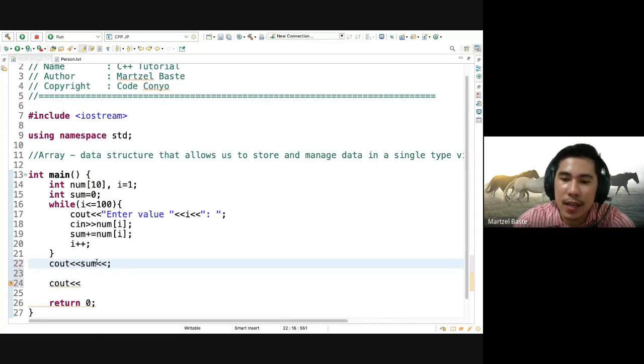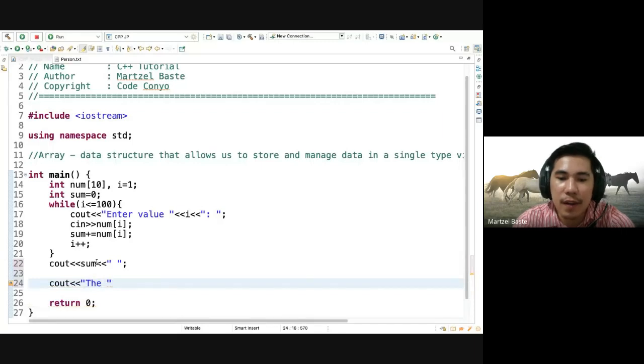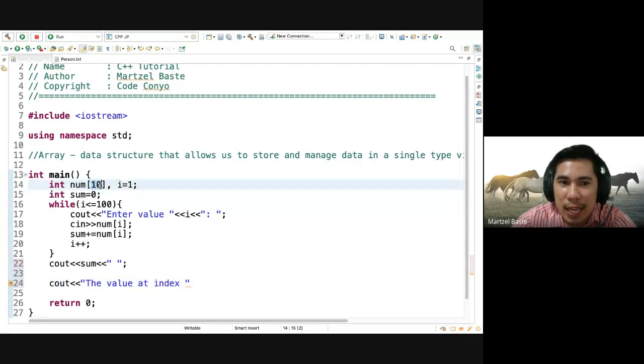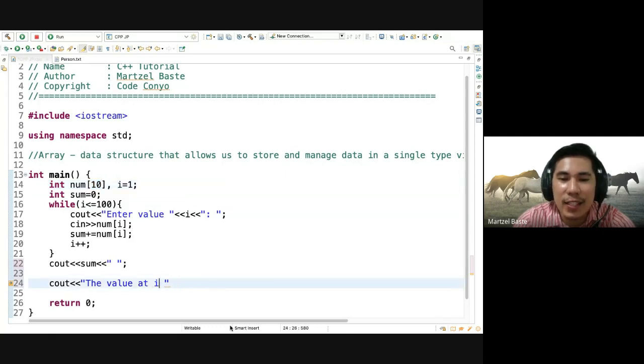Let's say the value at an index. Okay, so you don't have the idea of index yet. The index, by the way, goes from 0 to 9 here. Later on I will discuss that with you, don't you worry. So let's say, for an instance, not just the index, the value at the fifth value entered is,